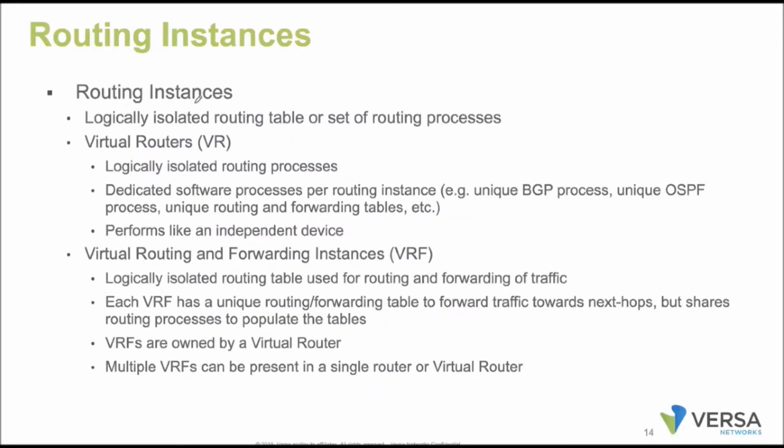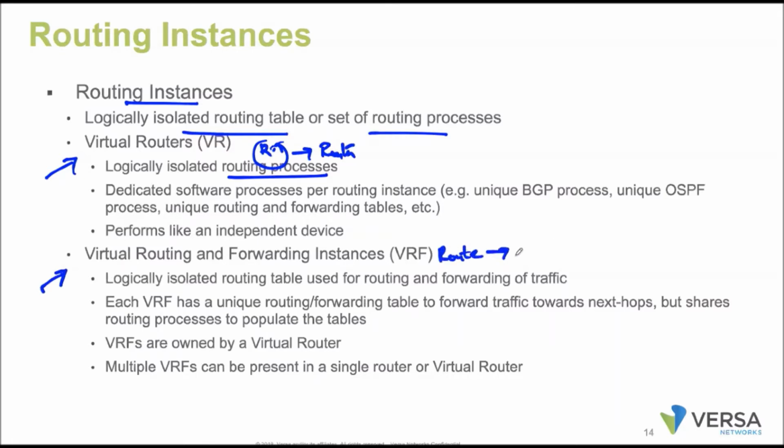So what is the reason to go with routing instances? Logically isolating the routing table or set of routing processes. When it comes to the VR, the VR will just isolate the routing process. So what is going to happen? Here it will just construct the routing table, and within this VR you'll just find the routes. Whereas with the VRF, not only do you find the routing information, it also has the RT and RD values configured. Whenever routes are advertised or received, it is going to verify this information and place the routes in the respective LAN VR.